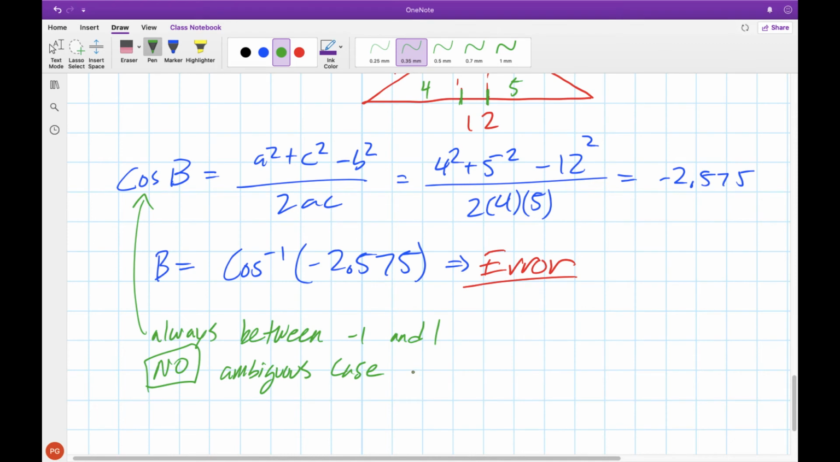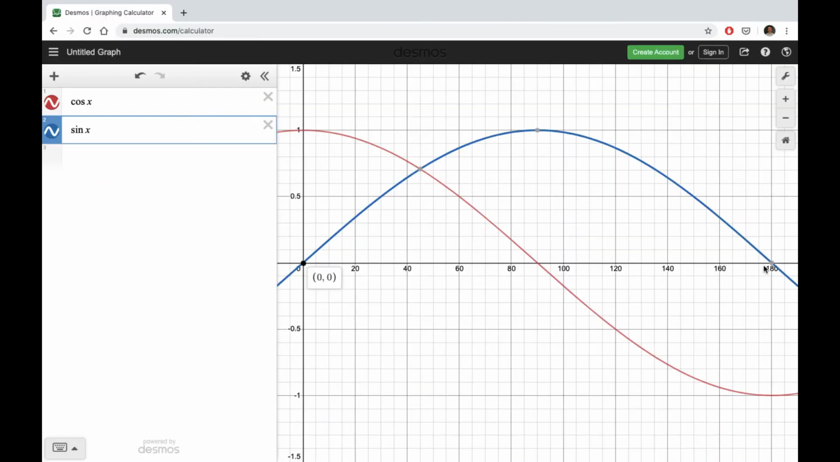So it's always between -1 and 1, this value for cosine of B. If it's not, it's an impossible triangle. And there's no ambiguous case because there's no value of y that has 2 different x values that it corresponds to. If we compare this to sine of x,